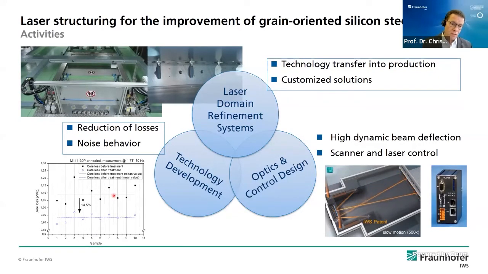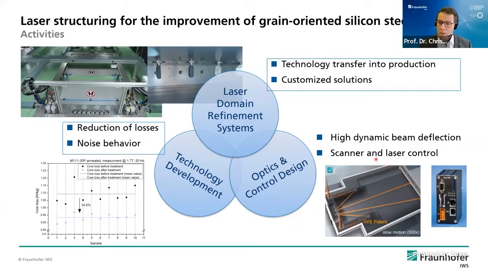Now, what you can definitely see is the degree of improvement that we can achieve on the left-hand side here on the bottom of the slide, 14 to 15% improvement in core losses by domain refinement of the grain-oriented silicon steel. So in order to be able to do that, we are using our expertise in laser domain refinement systems, optics and control design, as well as technology